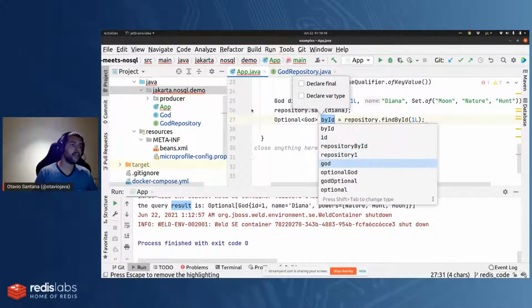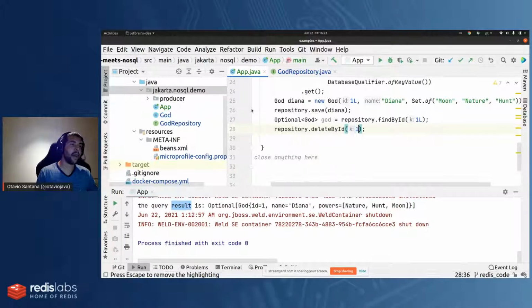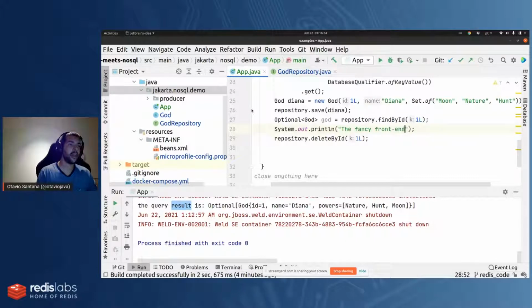So my God, and I can delete by ID, where I will do exactly something. So the fancy front end is my God here,